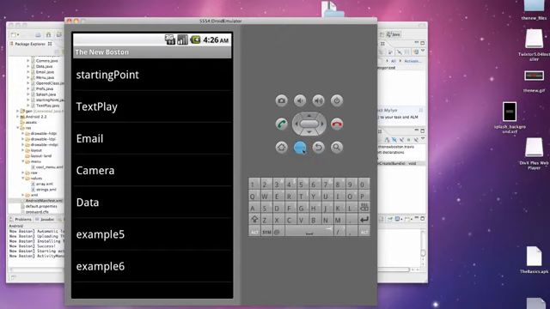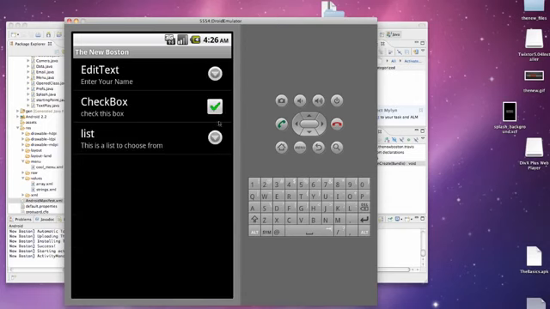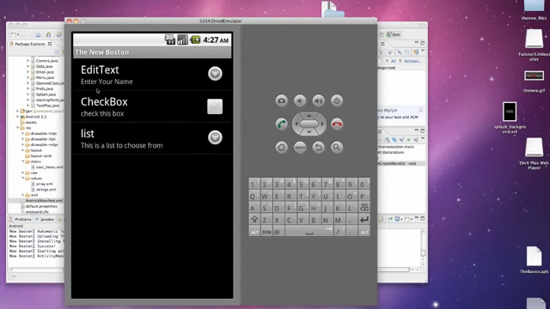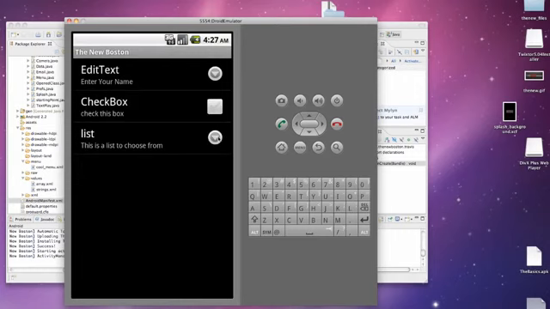And then we hit our menu, hit preferences, and as you can see, we have our default value of the checkbox as checked. Let's uncheck that just to make sure activity works. We're going to type in a name, Travis. As you guys can see, this is our title, and I'm just going to hit OK. And as you can see, it's our title, and then we also have the summary right here. So that's what we were setting up. And then here's our list preference that we set up: option 1, 2, 3, or 4. We're going to hit 3, and then as we check it down,